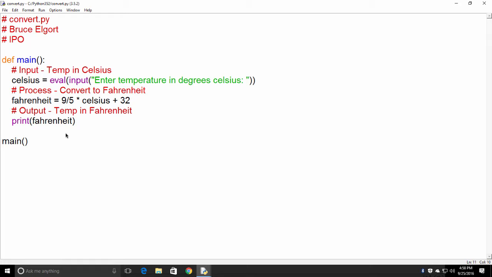So let's say the variable Celsius, in degrees, 32 degrees Celsius is, comma, and I'll show you this and I'll explain it in a second,